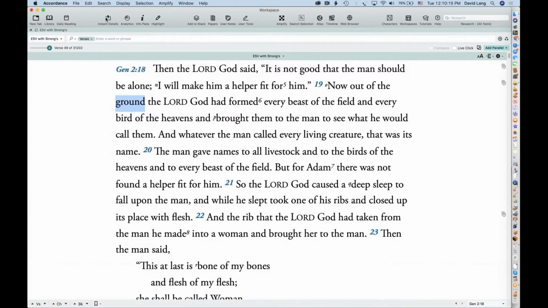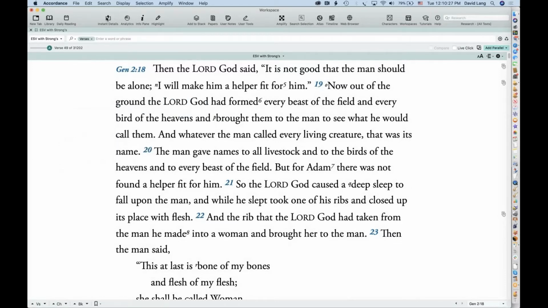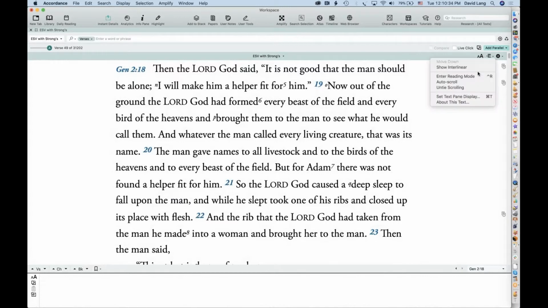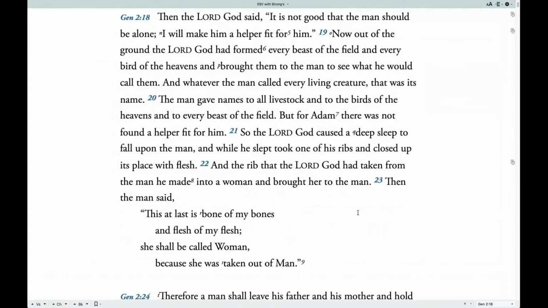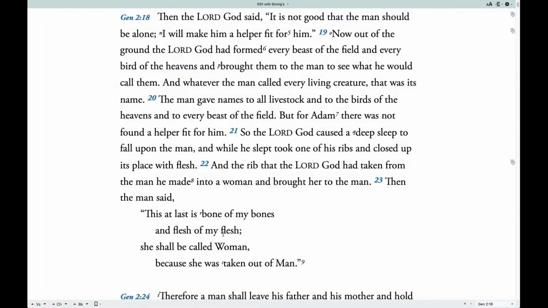If I close the instant details and just click and hold on a word, it will bring up an instant details popover. I rarely use this in the main view of Accordance because I always have the instant details box open. But there are other times, like reading mode, where I don't have the box. If I still want the instant details, I just click and hold. So that's a little trick to be aware of.